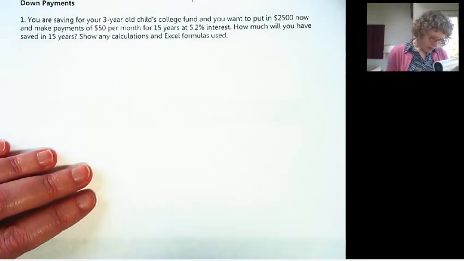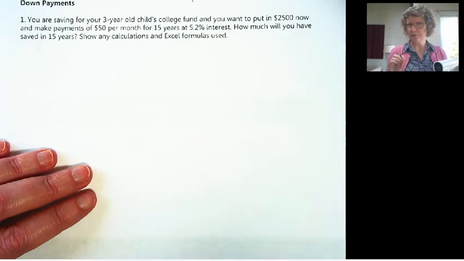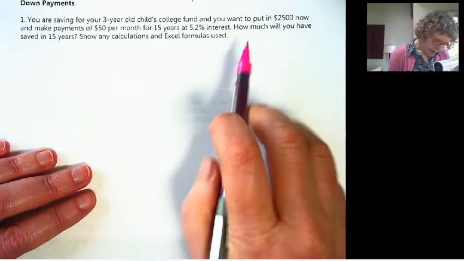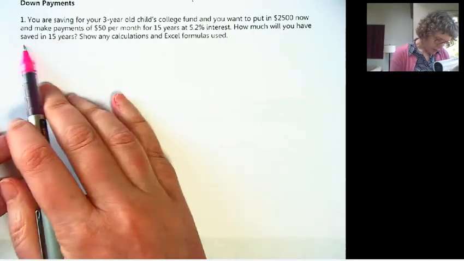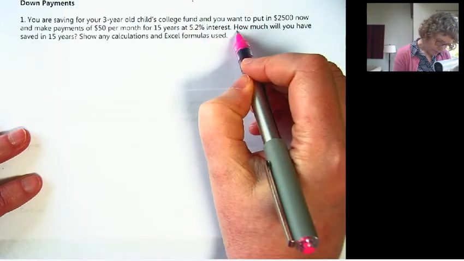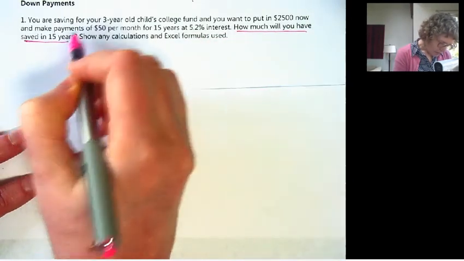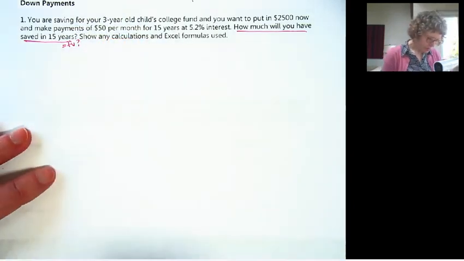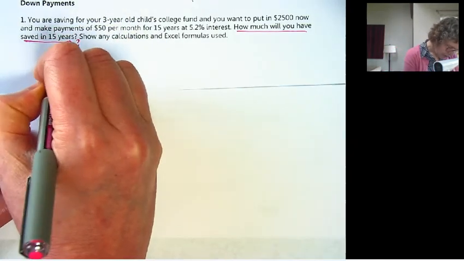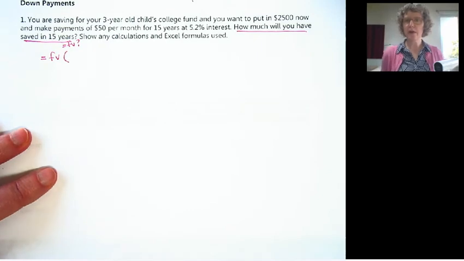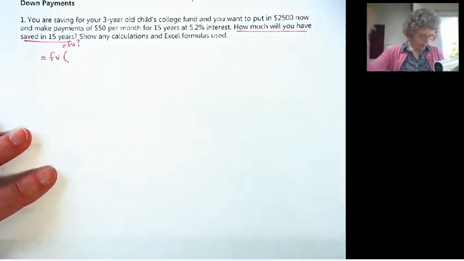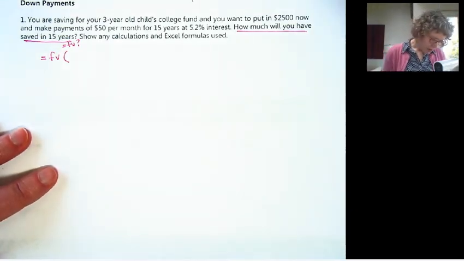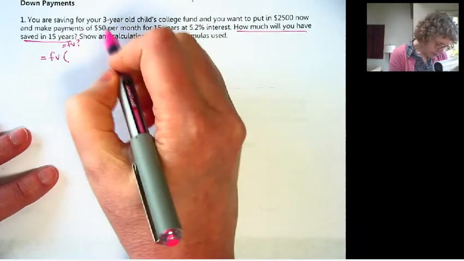Okay, so I usually go to the question first. So what am I trying to find? How much will you have saved in 15 years? So that is the future. So we're actually looking for the future value. So I know I'm going to do my future value formula. How much will you have out there in 15 years? Okay, now everything else,